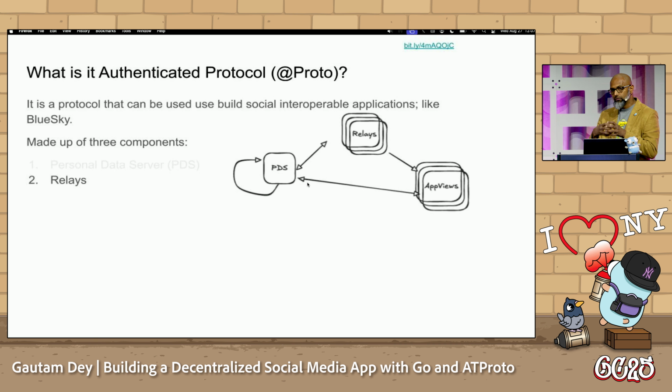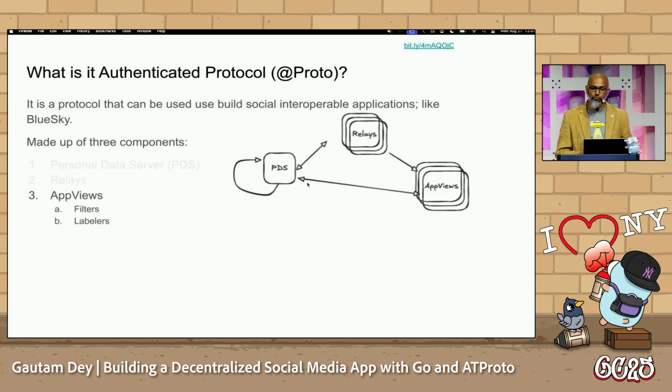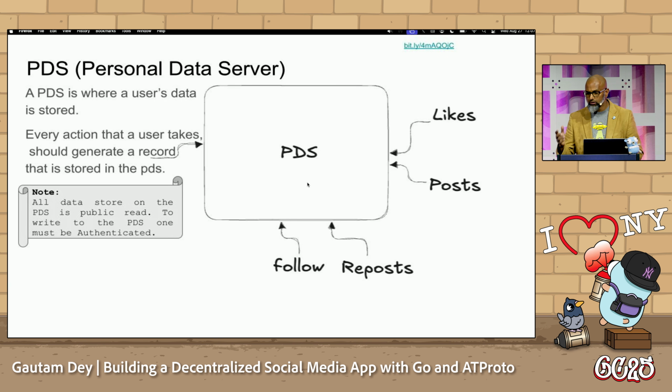Each of these individual PDSs you can think of as kind of like websites that are out there. And then the relay is kind of like search engines that go and aggregate all of that data and create a firehose that the app views can look at, analyze, save, aggregate counts, and then write those back into the PDS. I went into app views already. Now, there are two additional things in app views that I will briefly touch on, but won't go too deep into because that is more Blue Sky specific, but you can use them for your own app views. And these are filters and labels. And I'll talk to them when we get to it.